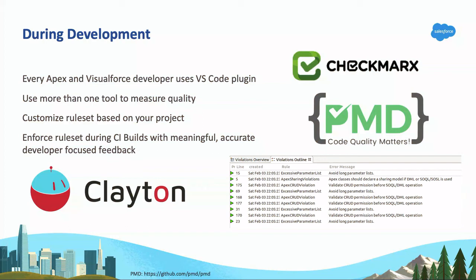But it's good and it's thorough, but it doesn't give the developer who's running a build, who's opened a pull request, immediate feedback to say, is this safe to merge into release? So what we've done is we've started working with PMD, which is a static analysis tool. There are other tools like Clayton, which are for purchase. PMD is open source and has a pretty robust community around it.